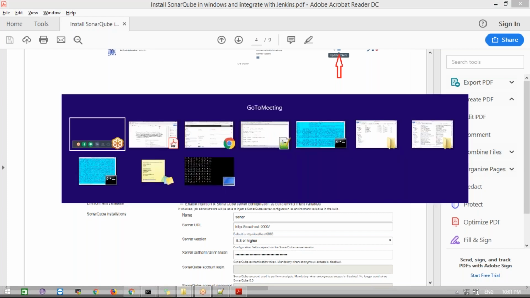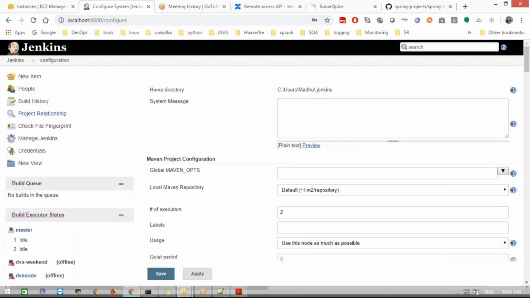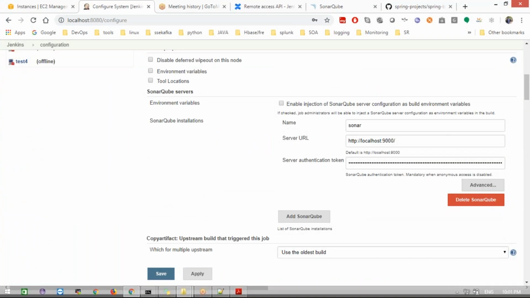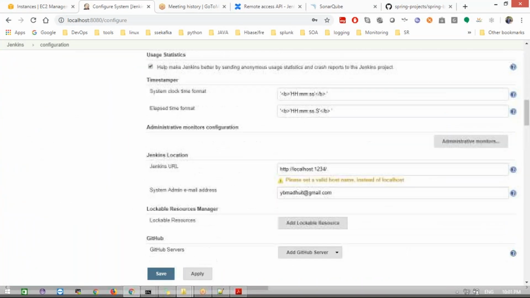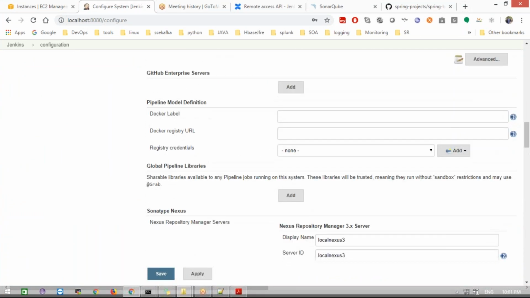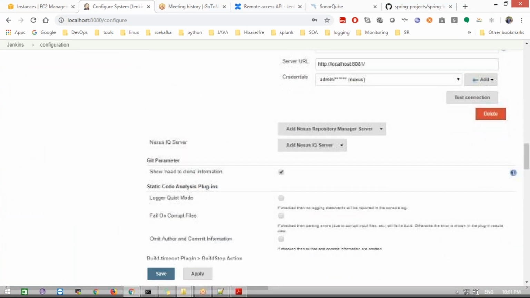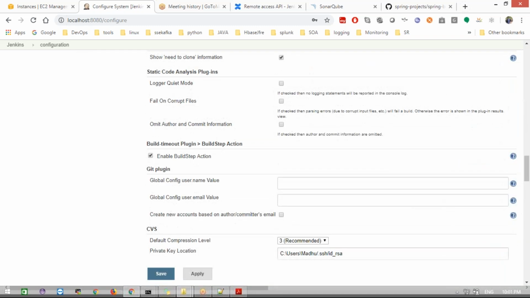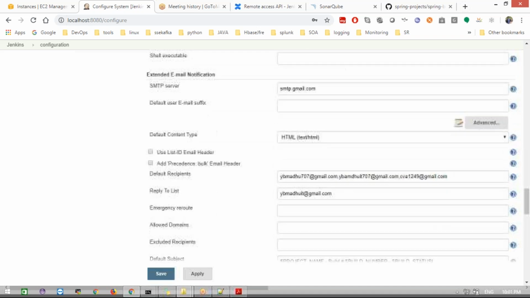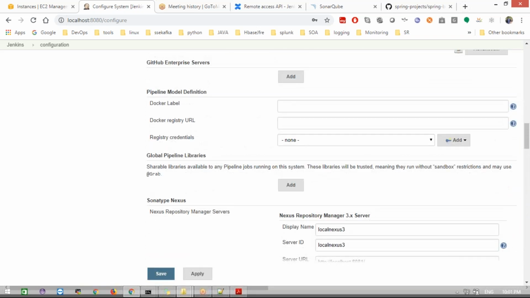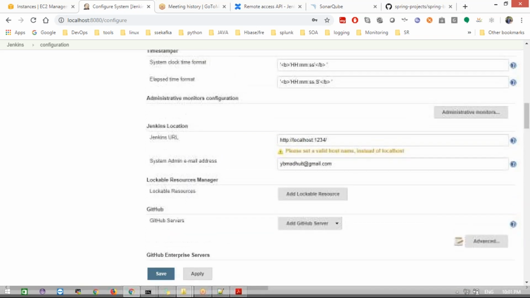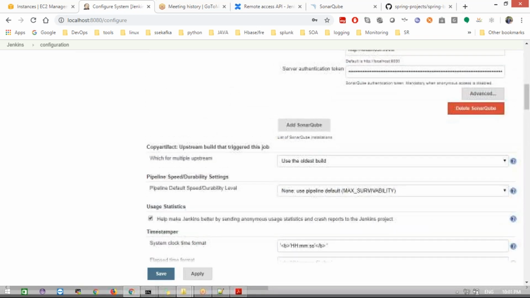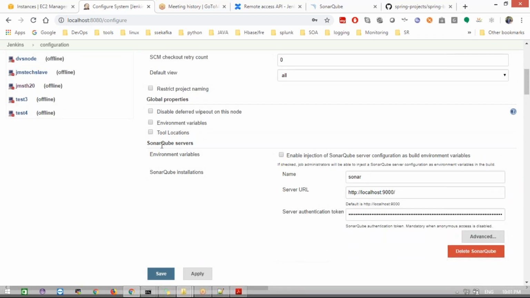In Configure System, come a little bit down. Here, the SonarQube server configuration.